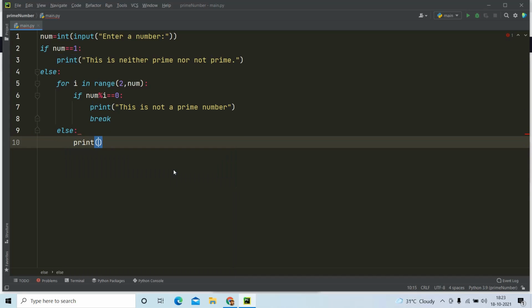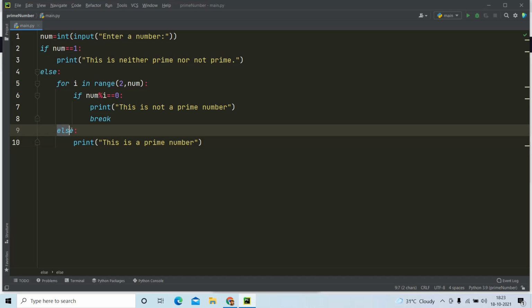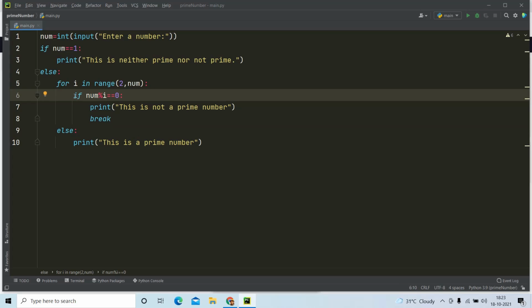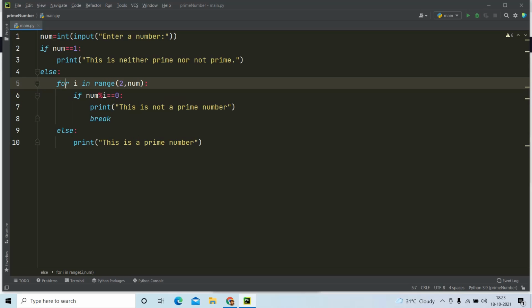So I am printing "this is a prime number". I think this else statement for the for loop is very important. It is not available in most other languages. In all the other languages, we have else only for our if condition. But in Python, we can have an else for our for and while loops also.